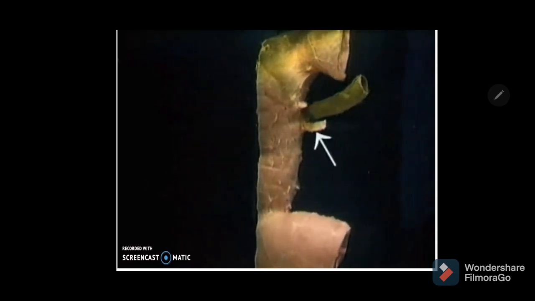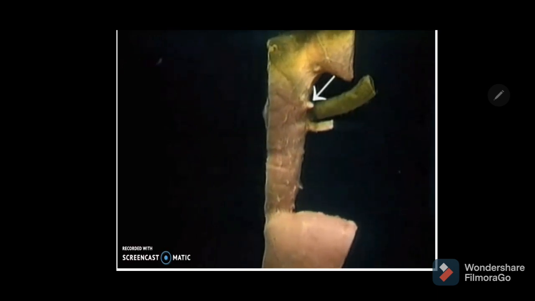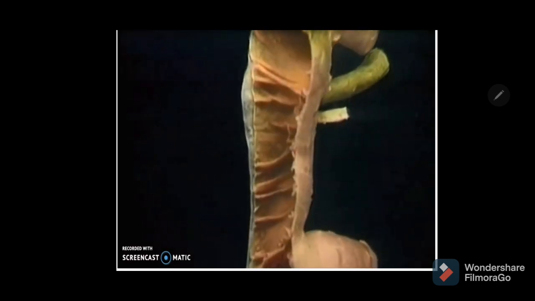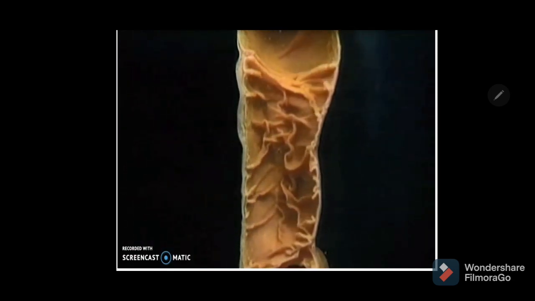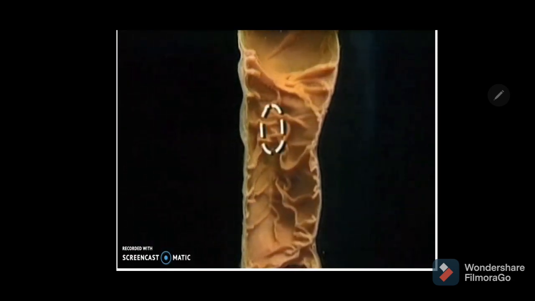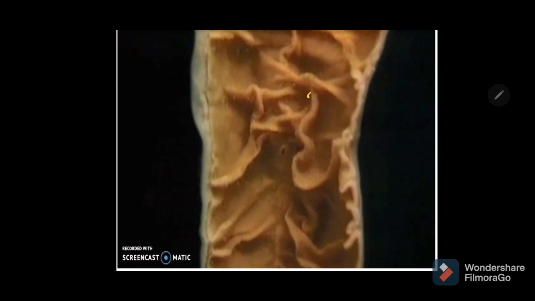That is the common bile duct, that is the main pancreatic duct, and just above there you can see that is accessory pancreatic duct. So accessory pancreatic duct opens at the minor duodenal papilla, and both common bile duct and main pancreatic duct enter separately into the wall of the second part of the duodenum, and you can see here this is plica longitudinalis, and here is the opening of the common hepatopancreatic.